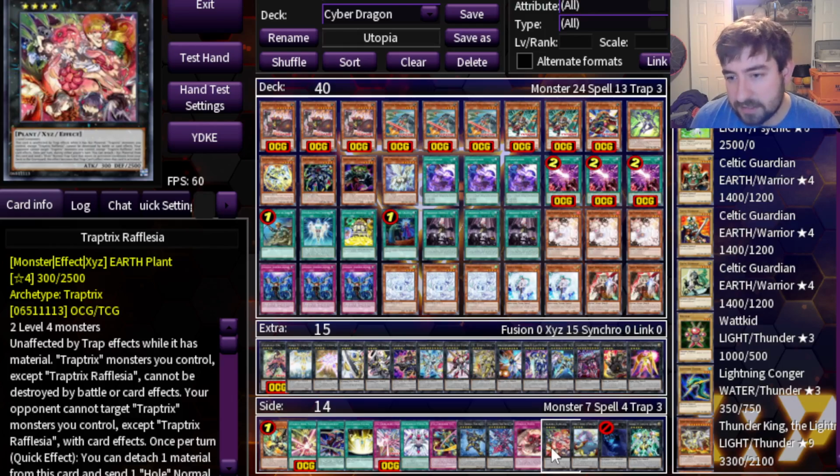Traptrix Rafflesia. This is a deck that I anticipate will struggle with Droll and will struggle with Nib. So I like this potentially. This and 1 Digger's Trap Hole. The only problem with this is that this card has no way to